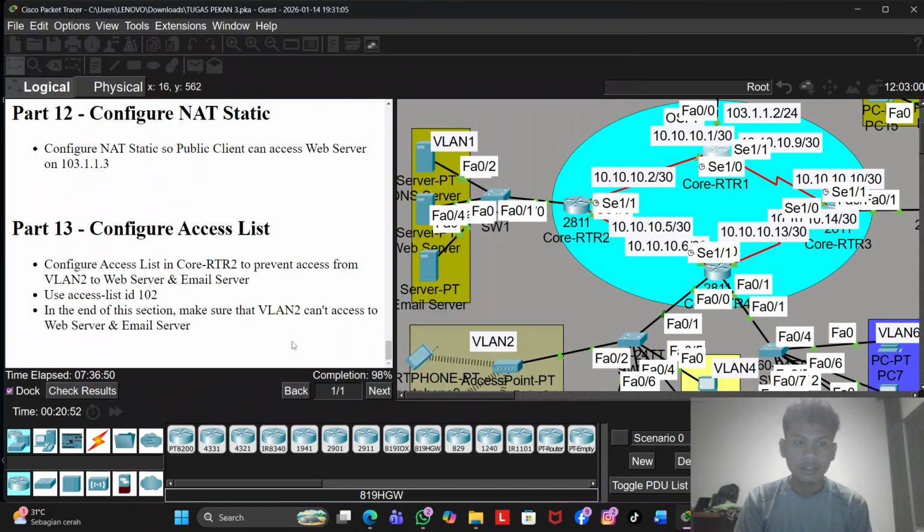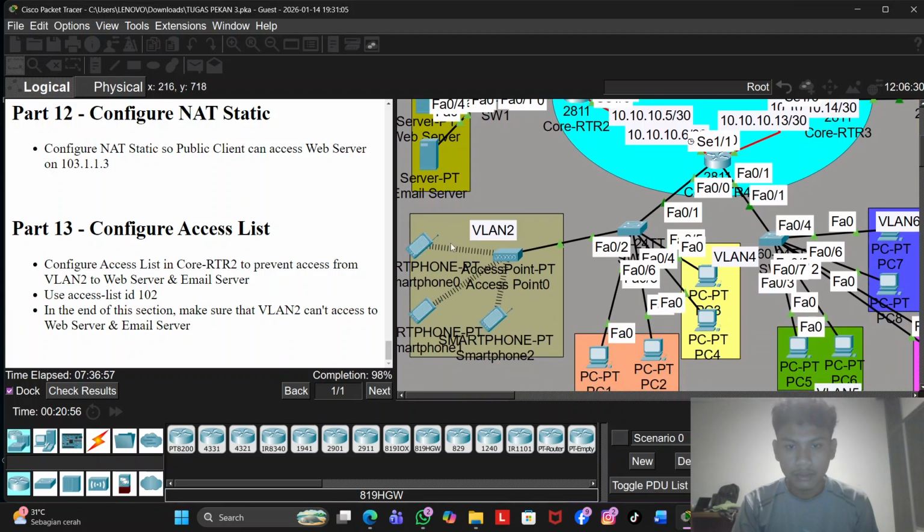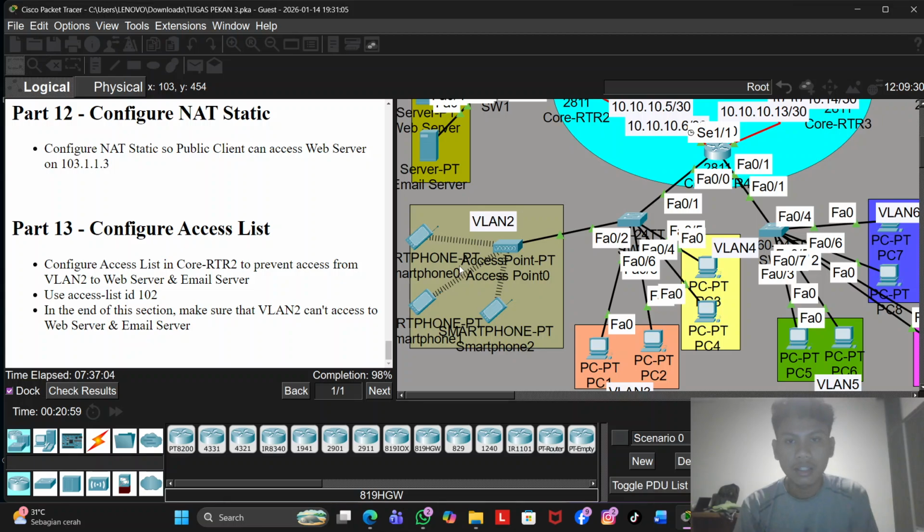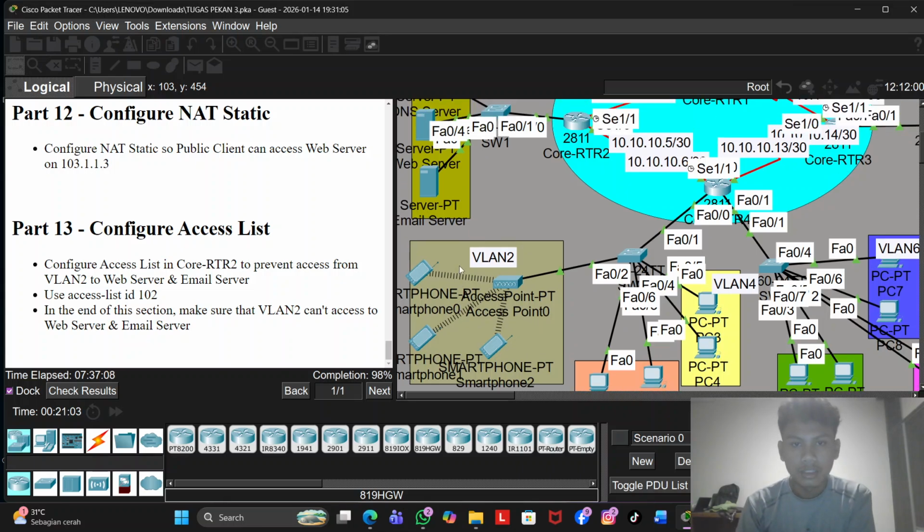So configure access list in core router 2 to prevent access from VLAN 2, here from the access point, to the web server and email server. So VLAN 2 cannot ping or access the web server or email server using access list ID 102. And in the end of this section, make sure that VLAN 2 cannot access the web server and email server.